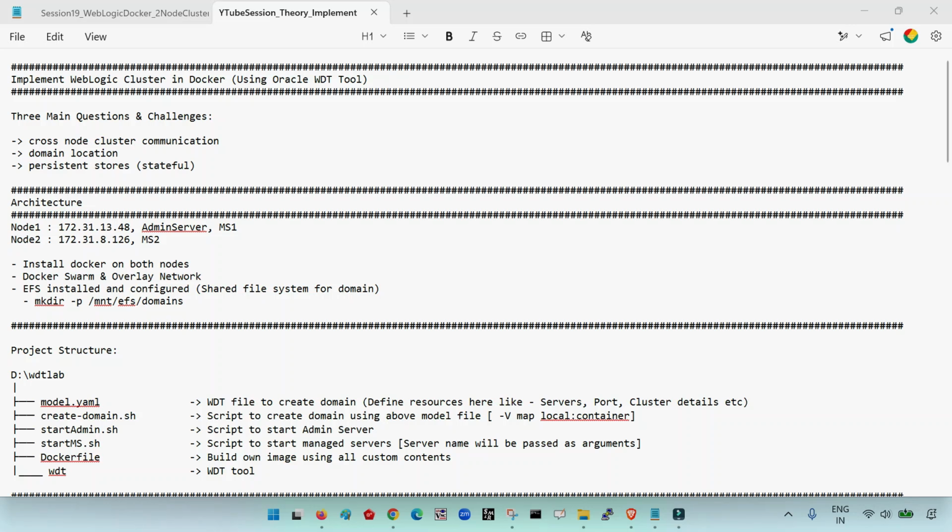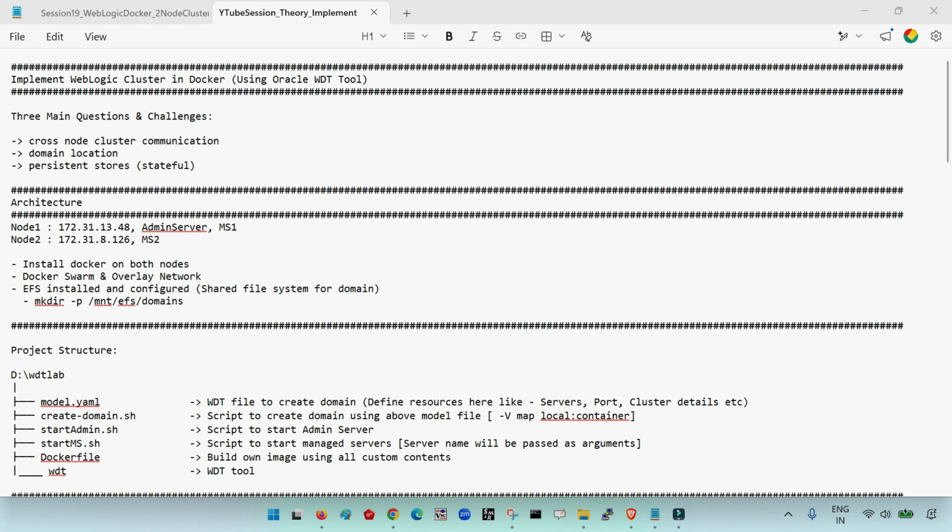So in this session I am going to cover one of the complex topics that is specifically related with Docker and WebLogic clustering. Clustering involves, specifically when we talk about horizontal clustering, where we have multiple nodes, not a single machine, where we have a WebLogic managed servers cluster which spans across multiple machines, and the complexity is increased if we talk about the implementation of such a horizontal cluster in Docker, because there are